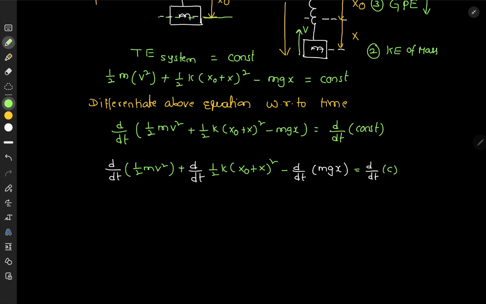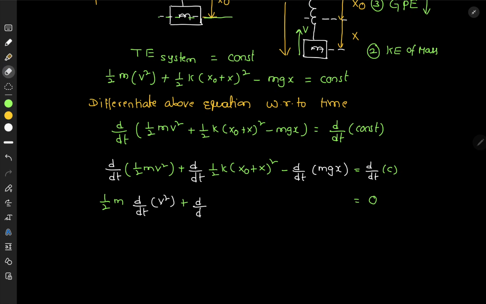That means it is going to be 0. So this right hand side in the equation is 0. Next, constant values you take out, half m. Next, what you are going to write? d by dt of v square, right, plus d by dt of,